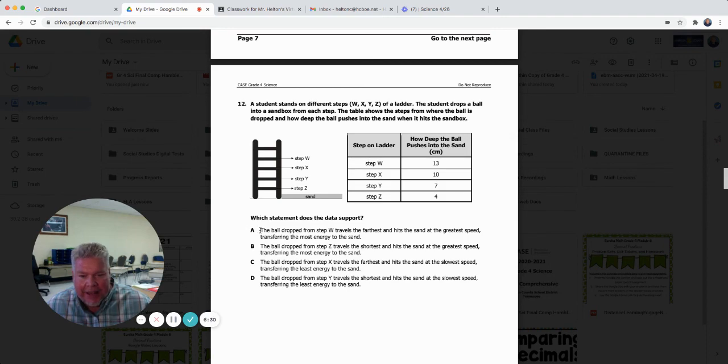It has to be A. It travels the farthest and hits the fastest and pushes the farthest into the sand from step W, because it's higher up, gravity's pulling down on it harder. Okay? All right, so